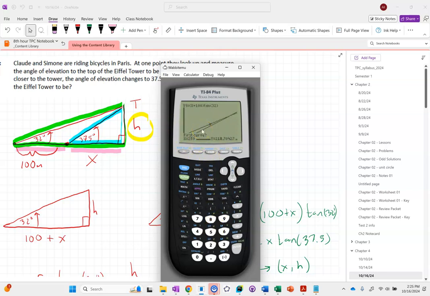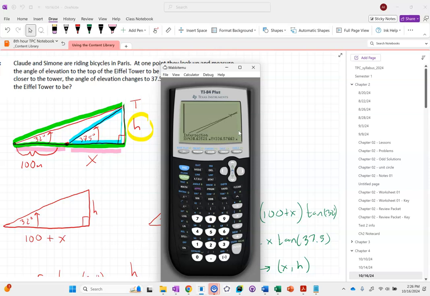Now the calculator asks for 3 inputs here. It wants to know which 2 lines to look at and then about where the intersection is. But here's the good news. How many lines did we graph? Just 2. There's only 2 things on here. They're both straight lines. How many intersections can 2 straight lines have? Just 1, right? So it doesn't matter. I can just press enter 3 times and